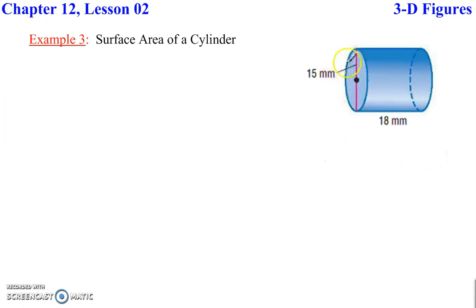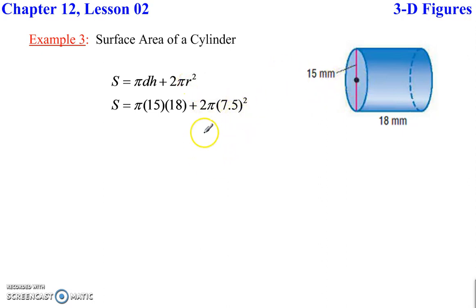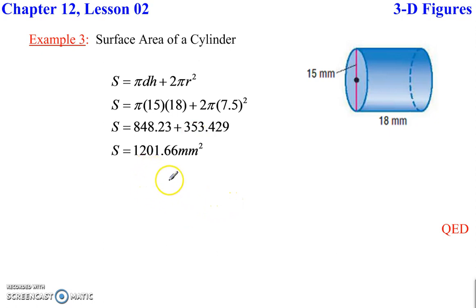Okay, so here we have the diameter is 15, and we know the height of this cylinder is 18. Pi d h, which is the same as 2 pi r h, because 2 times the radius gives us the diameter, and then times the height. So diameter 15 times the height 18, and then to find the area of the circle, pi times the radius squared. We're going to have to find the radius anyways there. Simplify that, and we get a total surface area of